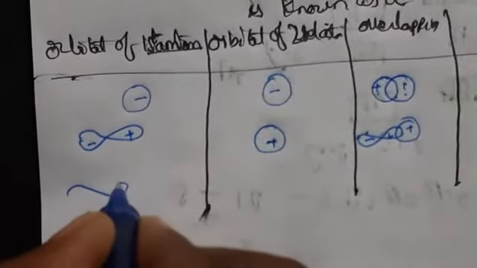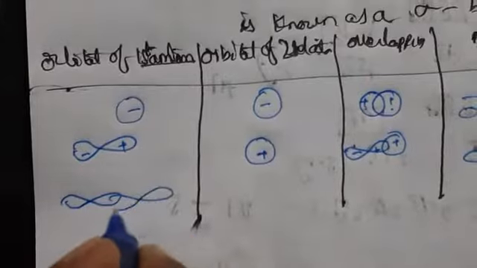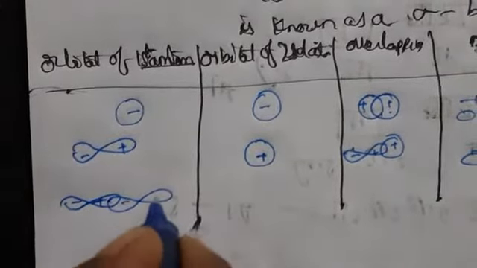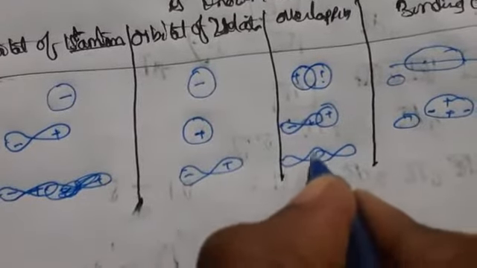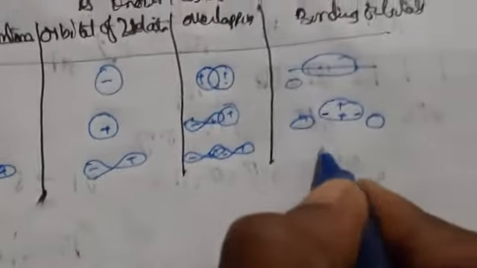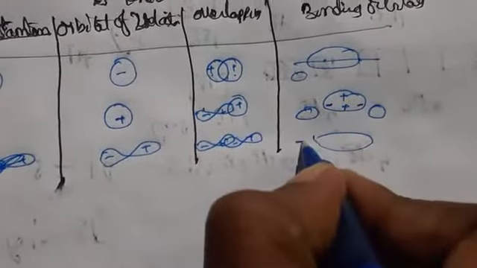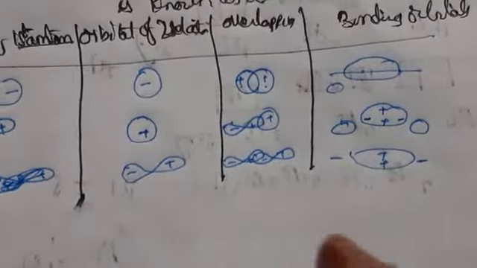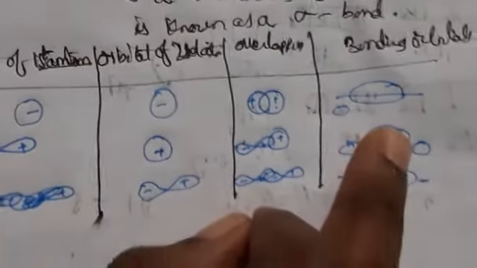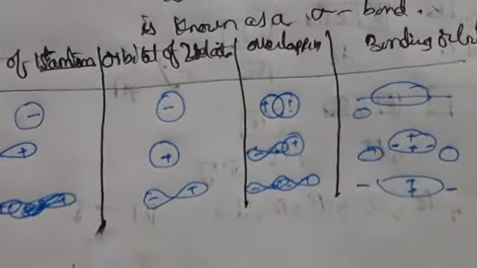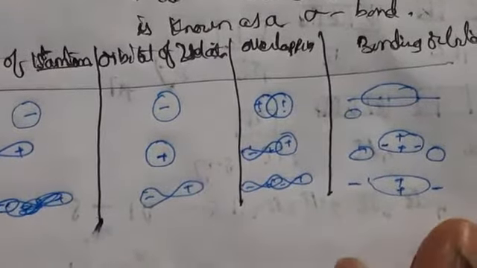In the same way, if you take two p orbitals, minus plus, minus plus, this is one orbital and this is one orbital. By overlapping you are going to get minus plus, minus plus, giving minus minus outside and plus plus inside. The same thing happens like this. If you take positive charge, these are all what we get. If you take negative charge, and if you take plus plus here, it forms two orbitals like this.